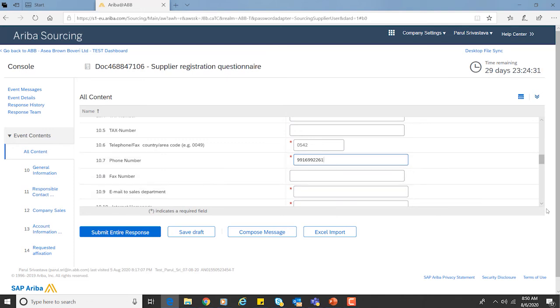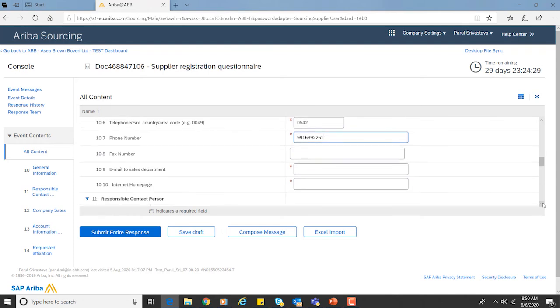Fax number if you have. Then the email address, it should be a correct email address. Intranet homepage, I don't have one, so I'm just putting it like this.